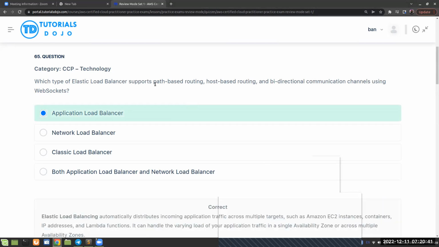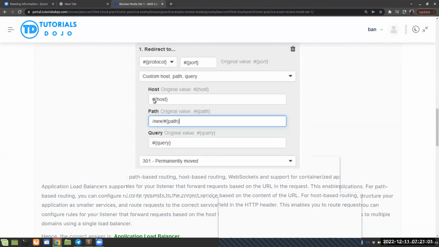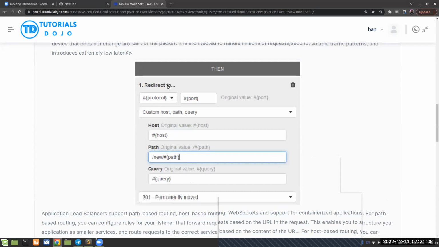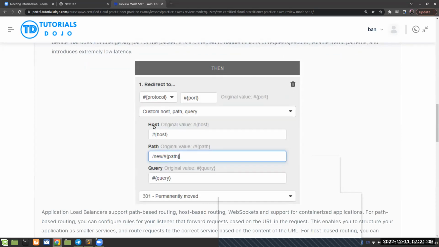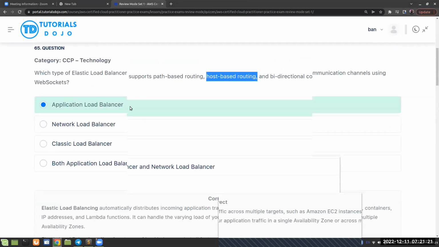Correct. Most people always struggle with this at times. I noticed in the past, they always start to think it's the network load balancer because they see path-based. But the easy way is once you see path-based routing or host-based routing, it's the application load balancer. And this comes up if you are configuring it. If you learn to configure the different load balancers, you always notice that it is only the application load balancer that will have something like this. You will have host and path-based options, so you can choose one of those. So it's good that two of you can remember that.